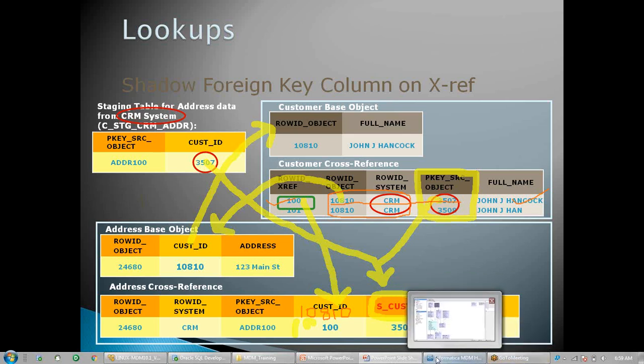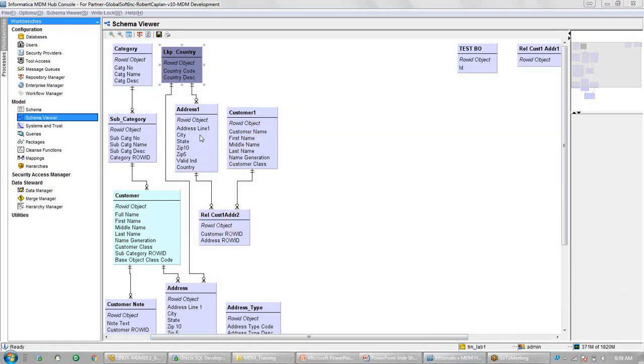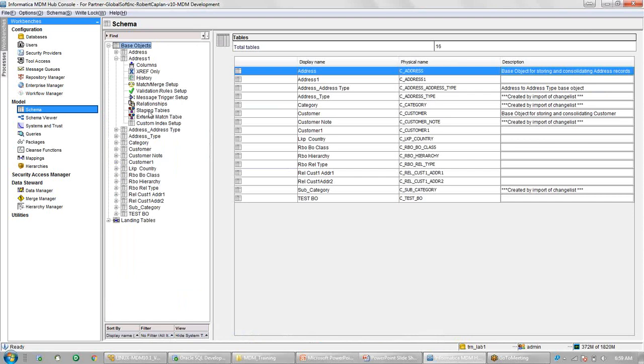Yeah, sure, no problem. Okay, so now what we'll do is we'll go to the MDM, and here we have these tables. We created these tables yesterday, like customer, address and the relationship table. So now what we have to do is create a staging table for them, and basically the lookup process has to be defined in the staging tables. So now we'll go to the staging tables and create a staging table for all the base objects. So first we'll go to the address table.